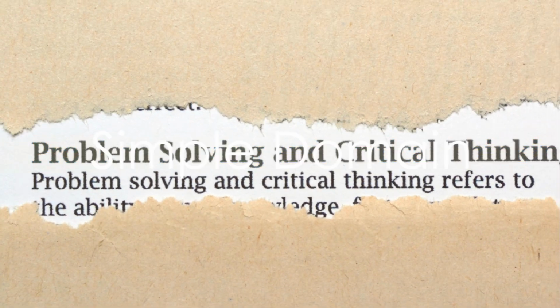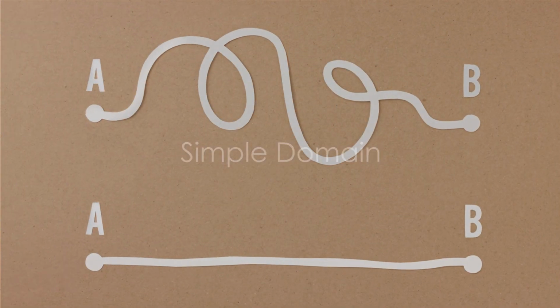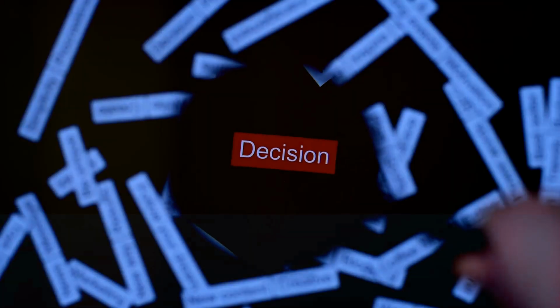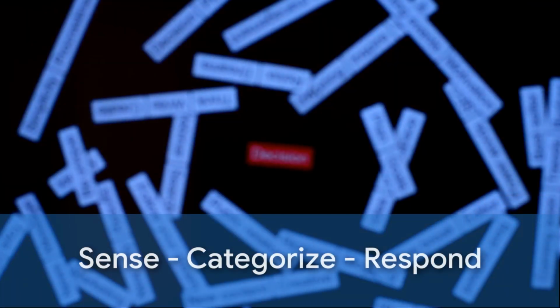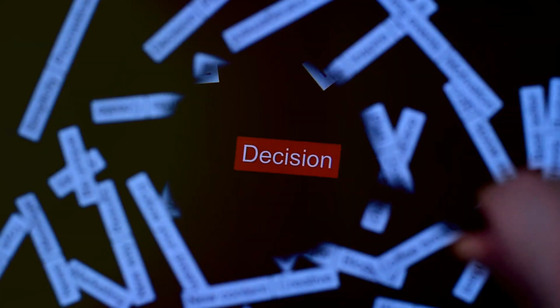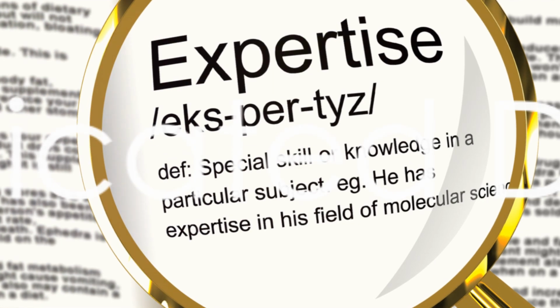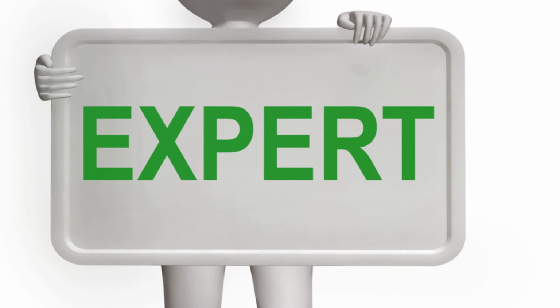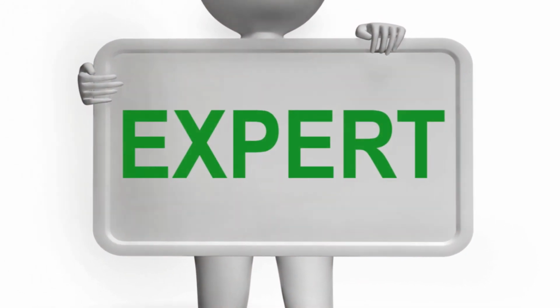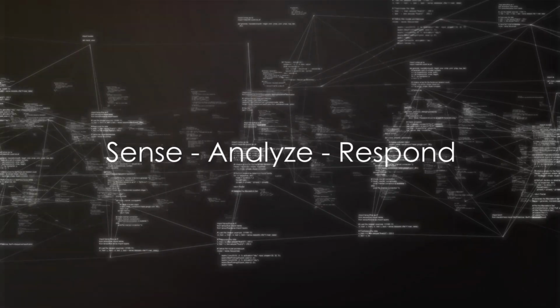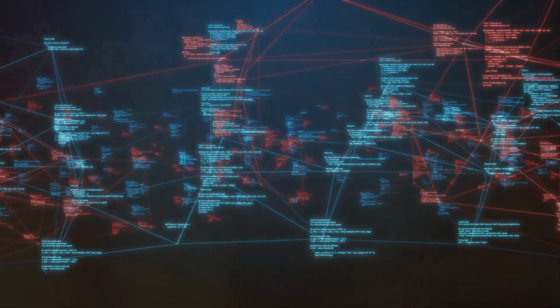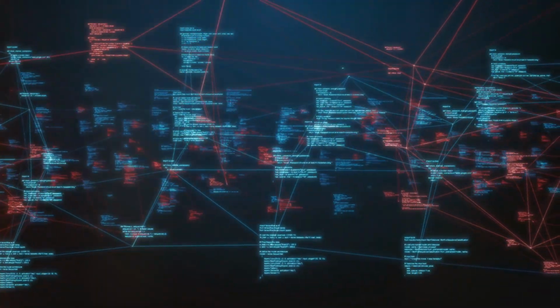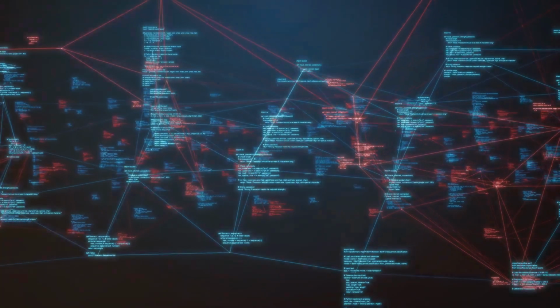In the simple domain, problems are well understood and the solutions are clear. The decision-making approach here is to sense, categorize, and respond, utilizing best practices that are already known. However, when facing complicated problems, the decision-making process needs to be different. Here, expertise or detailed analysis is required. With complicated problems, we employ the approach of sensing, analyzing, and responding, leveraging good practices to find the best possible